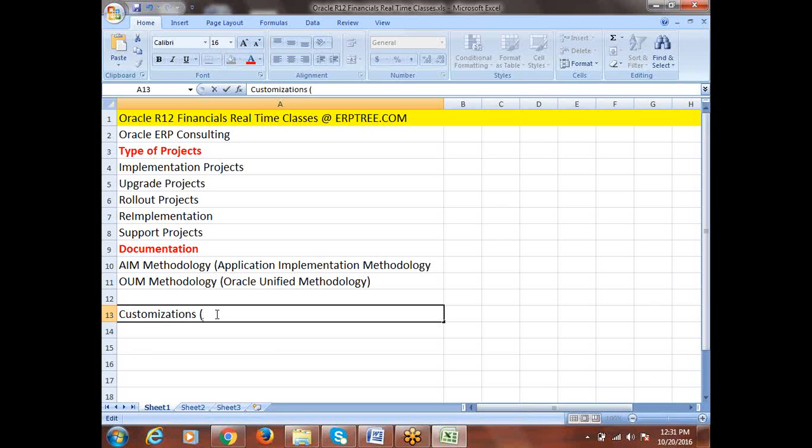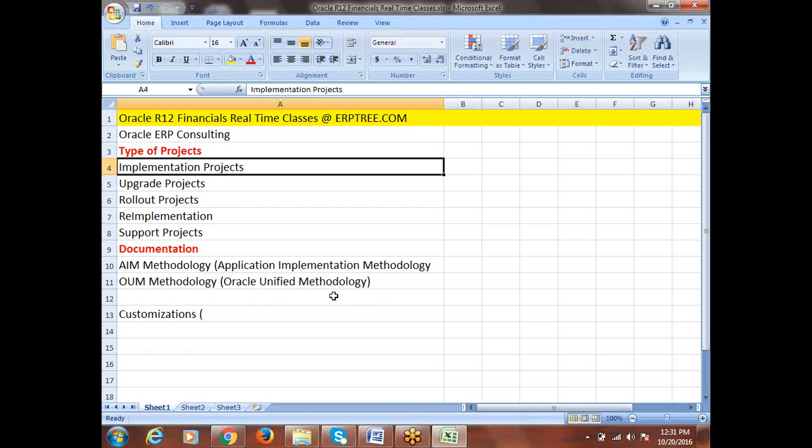One of the options is customization. We have some other solutions also. If some requirement is not meeting with the standard functionality, we have some workaround, some re-engineering process, and personalizations. We'll be discussing all of that as a part of implementation, covering each and every point in the entire end-to-end life cycle of implementation. End-to-end means complete, from beginning to ending. Everything will be discussed here.